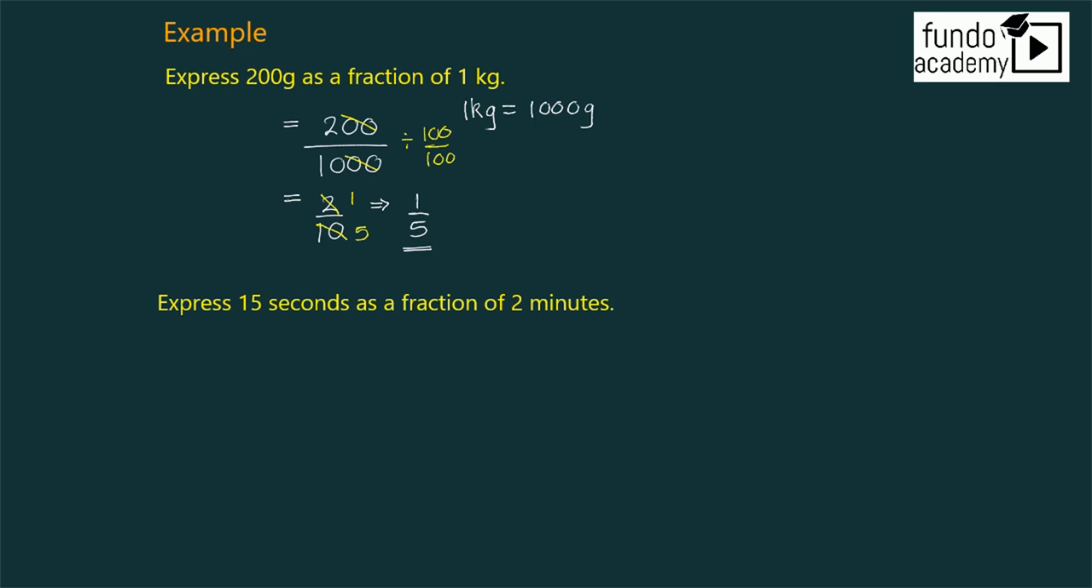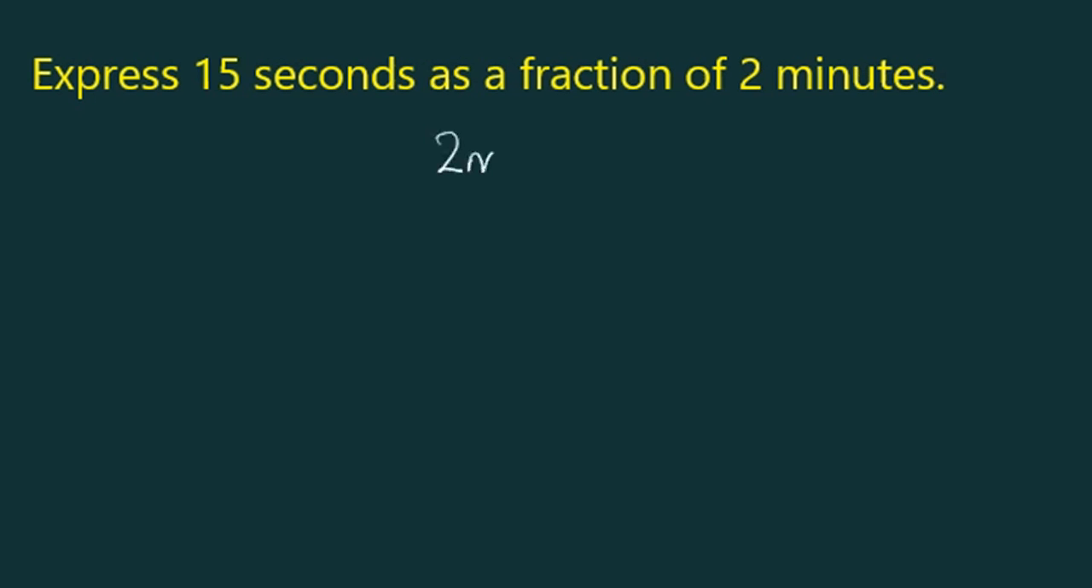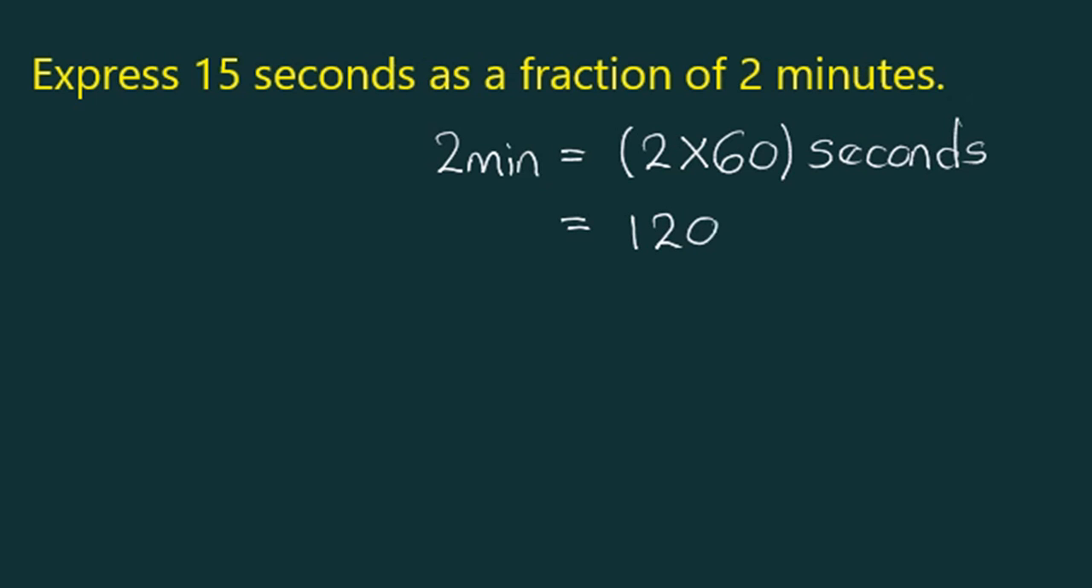Alright, so remember we said the units should all be the same. So we've got seconds and minutes. Why don't we first convert the minutes to seconds? So if we have 2 minutes, we know that in 1 minute there are 60 seconds. So in 2 minutes there will be 2 times 60 seconds, and that will give us 120 seconds. So if we want to express 15 seconds as a fraction of 2 minutes, then we'll be saying it's 15 over